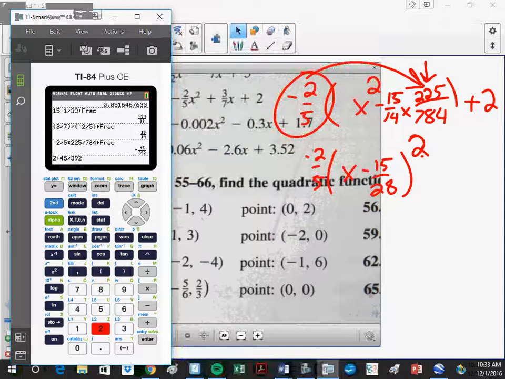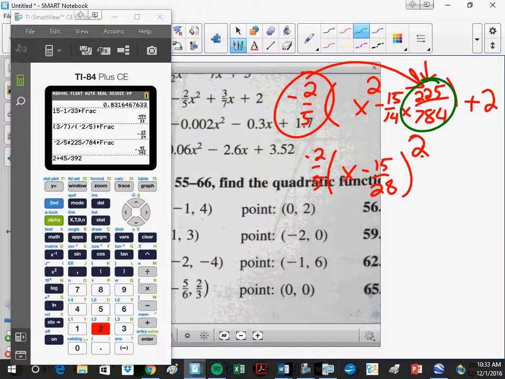Right. This number is always positive, but it's hiding underneath a negative number, so the actual change was a subtraction. I took the original graph, and by completing the square, I shifted it down, not very much, 45/392. So to compensate, I need to add that back on, which is